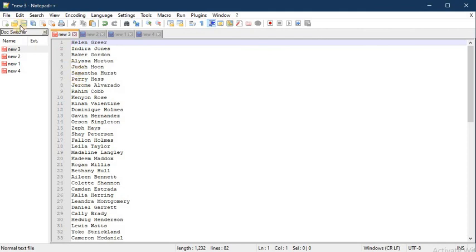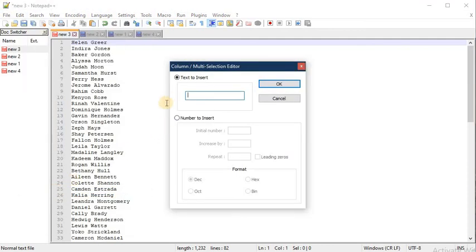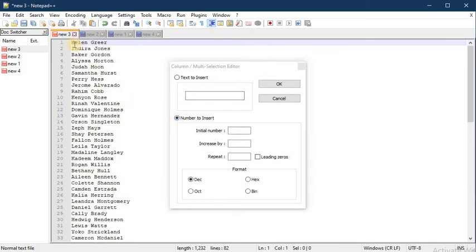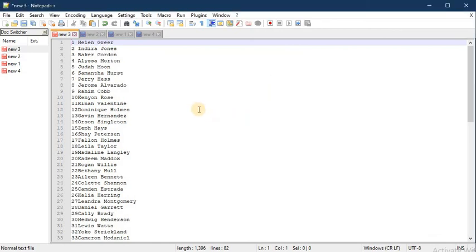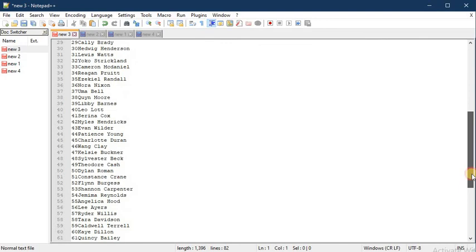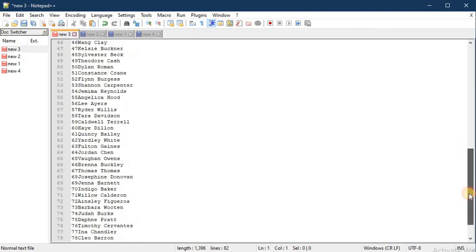There is a feature: go to Edit, then Column Editor, and then Number to Insert. Here just select the starting position, start the numbering from 1 and increase by 1. If I click OK, you can see it has inserted numbers for all the rows, right?